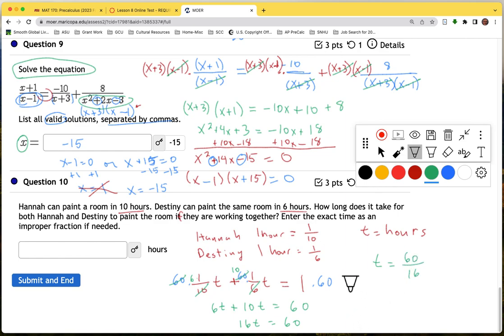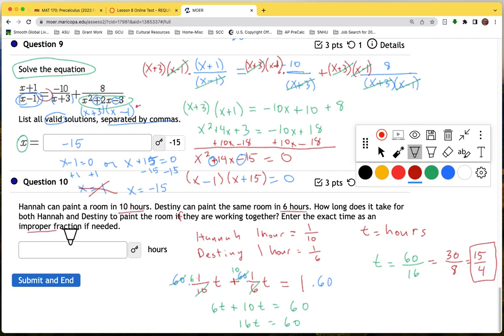Now had I used 30 instead of 60, the lowest common denominator, I probably wouldn't have to reduce over here. But I can see, okay, let's see, will 4 go into both of these? 2 goes into both, so that gives me 30 over 8. 60 divided by 2 is 30. 16 divided by 2 is 8. Oh, we can keep going. 2 will still go into both of these. That's 15. And 2 goes into 8 4 times. And I think that's going to get us to our lowest terms. So even if we used 30, we would have had to reduce. So 15 over 4 hours